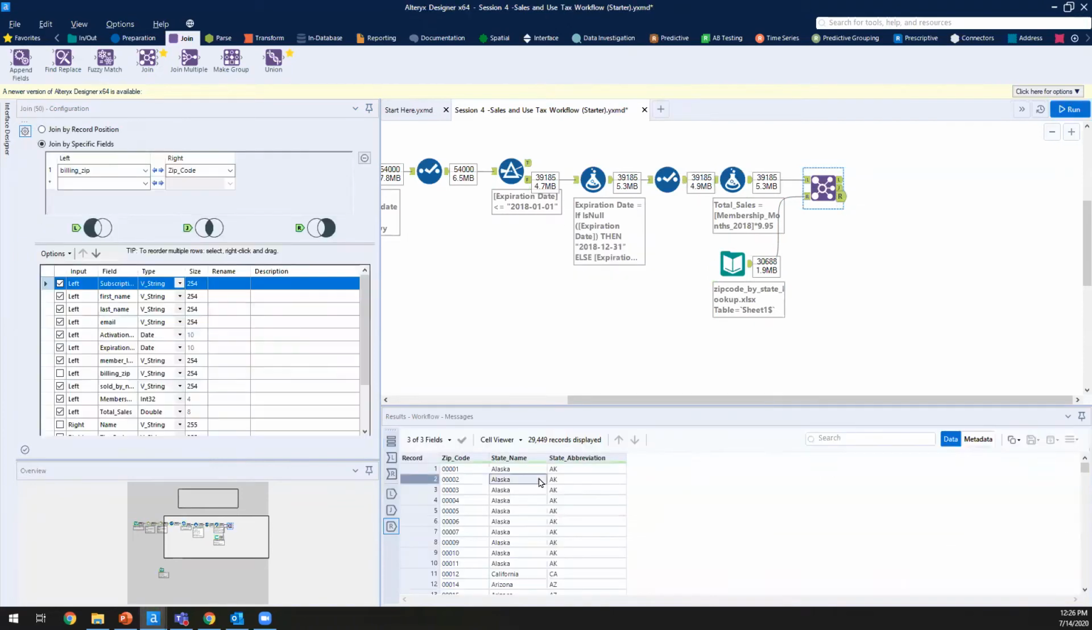So the right output is just going to show us all of the zip codes that did not join up with the first data set. And that's completely to be expected, right? Unless we're like a wide-reaching company that has significant presence in every single zip code, right? We may not have people who've purchased subscriptions in, for example, 00001 in Alaska, right? That might not even have people